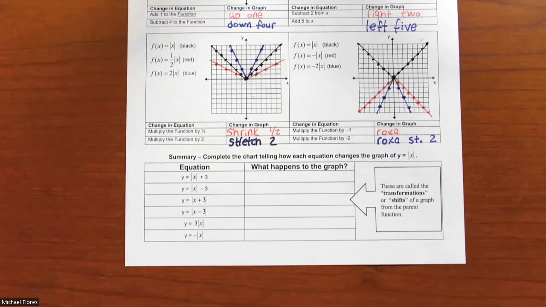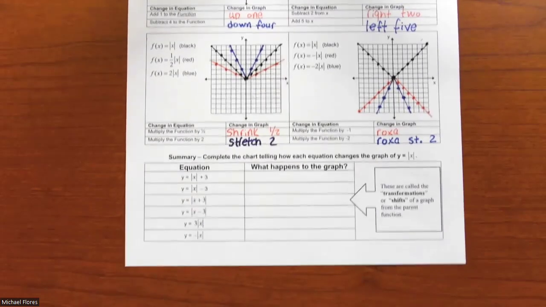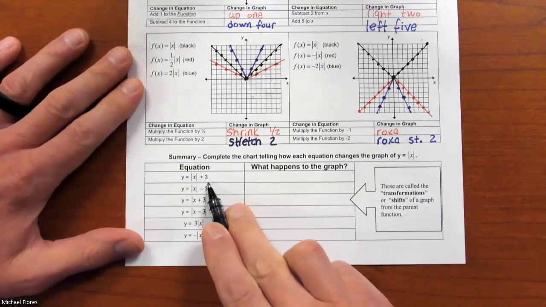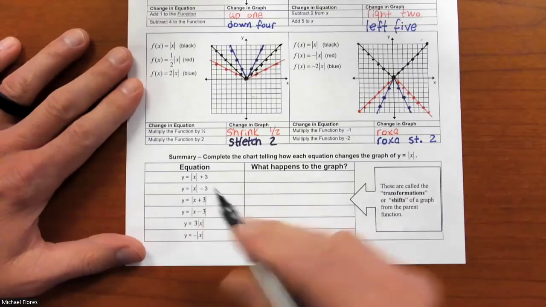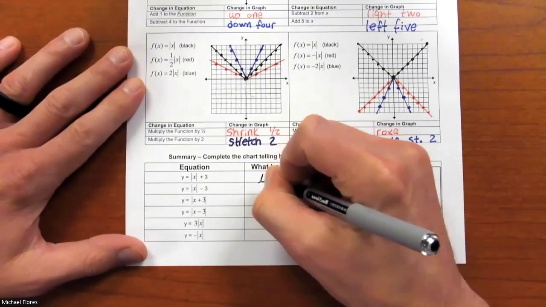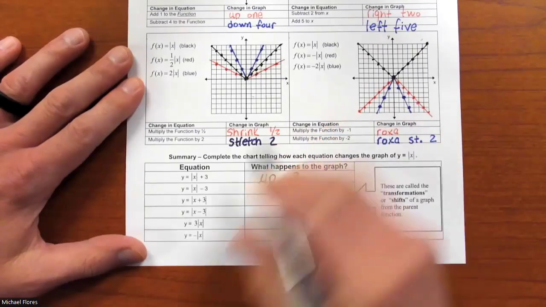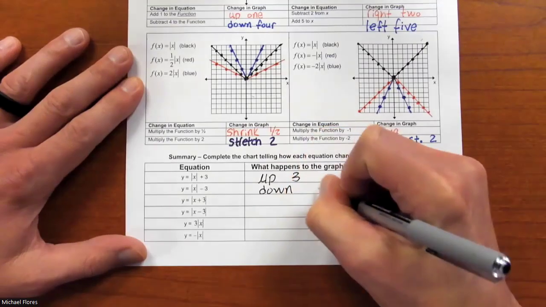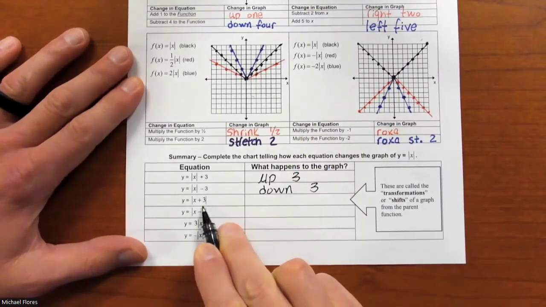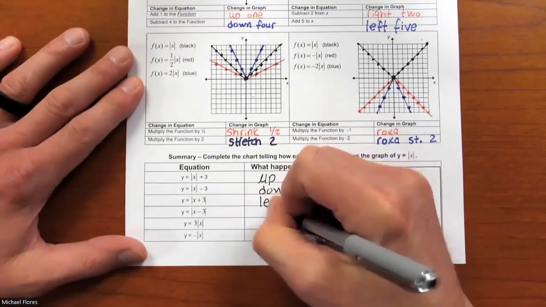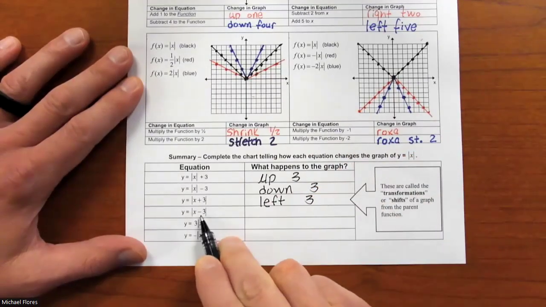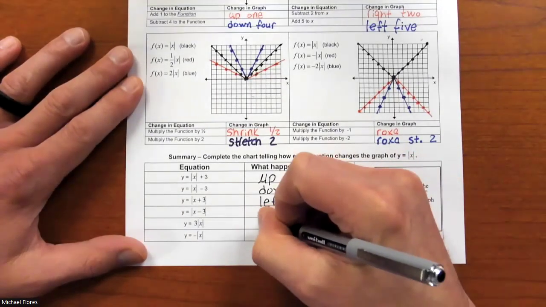And then if we look down at our paper here, they've given us some equations, and we just have to list what is going to happen to the graph. So if we have that +3 to the right outside of the absolute value, that means our graph is going to go up 3 from the origin. Here we're going down 3. Here, now we have x plus 3 inside the absolute value. We're going left 3. Here we have x minus 3 inside the absolute value. We're going right